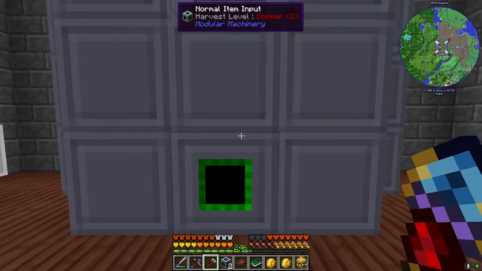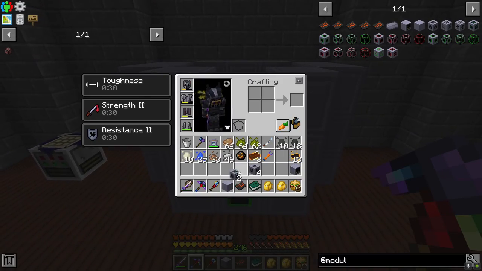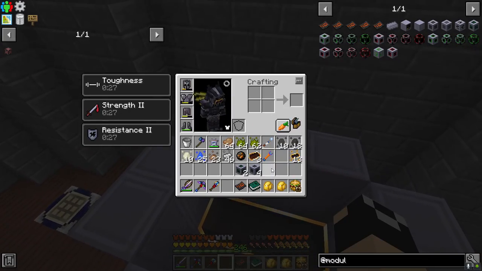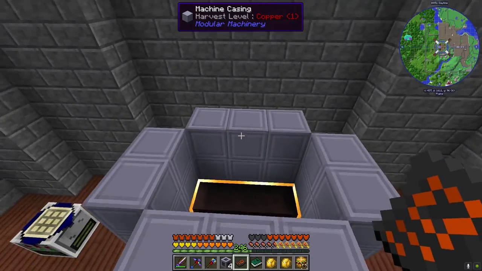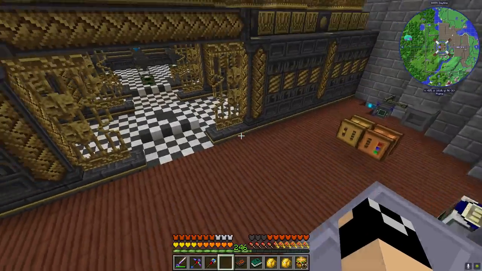Oh, no, I'm sorry. This is not a machine casing. This is where the machine controller goes. So there's that. And then we're going to have the vents here, here, here, here. And